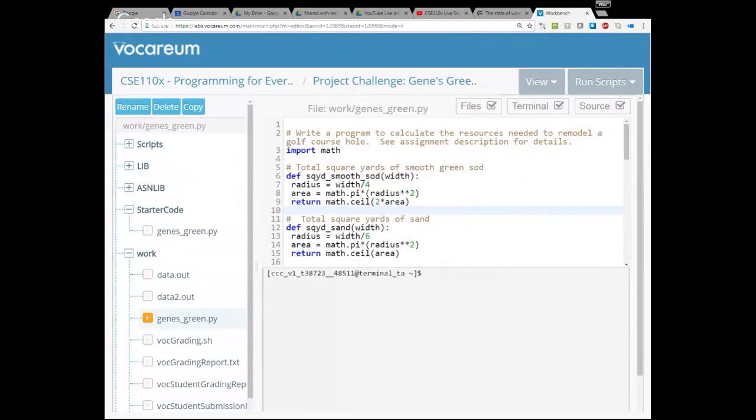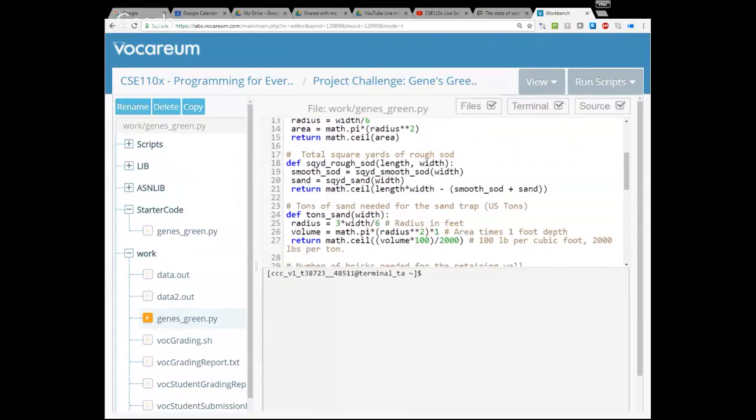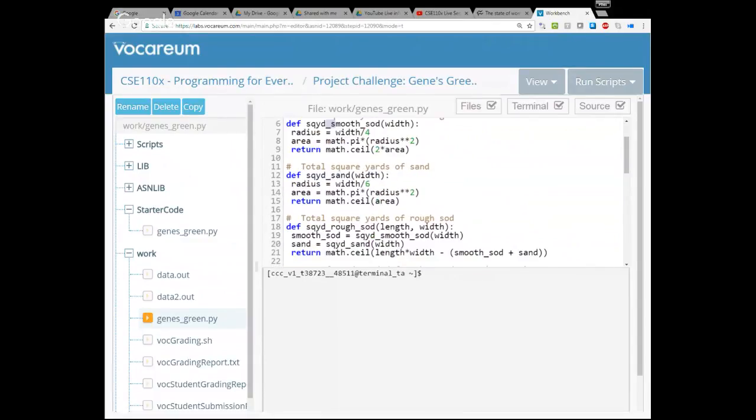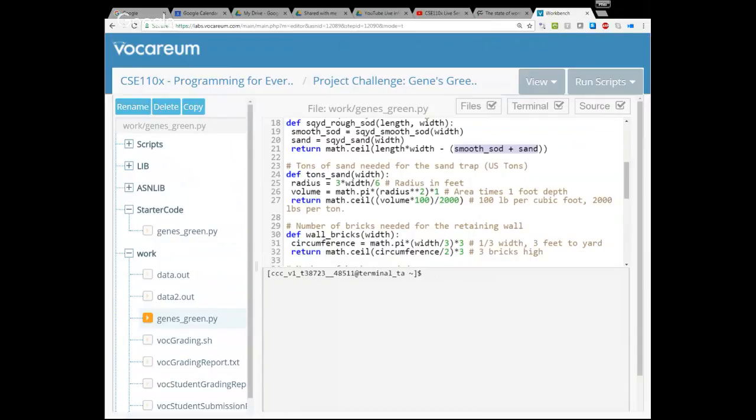Okay. So I start off with a series of functions. The first one is square yards of smooth sod. It takes width as a parameter. Square yards of sand takes width as a parameter. Square yards of rough sod. Tons of sand. Then I get the area of sand and the area of rough sod, which is the total area minus smooth sod and sand. I calculate the sand, and then I take the total area and subtract smooth and sand from it. Then I calculate my tons of sand by doing the